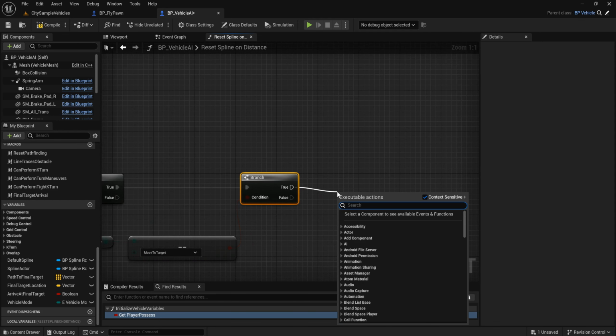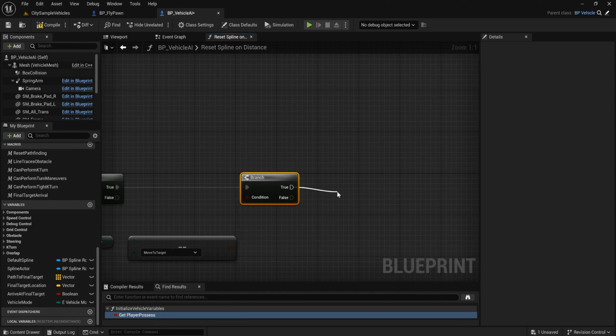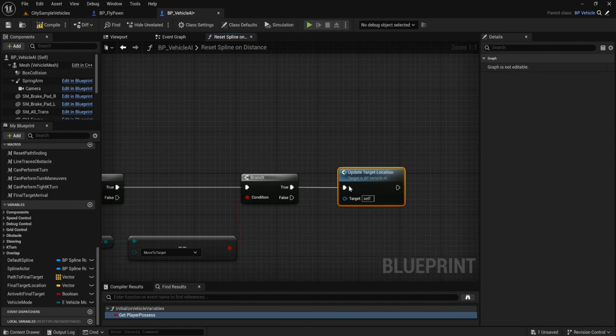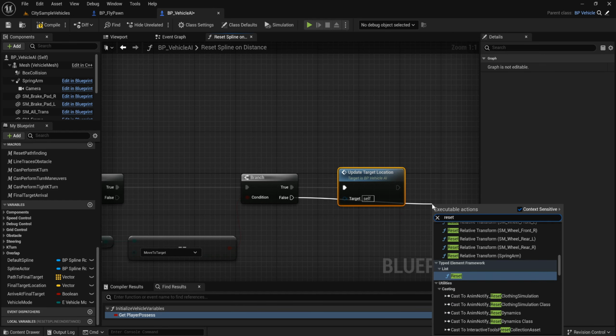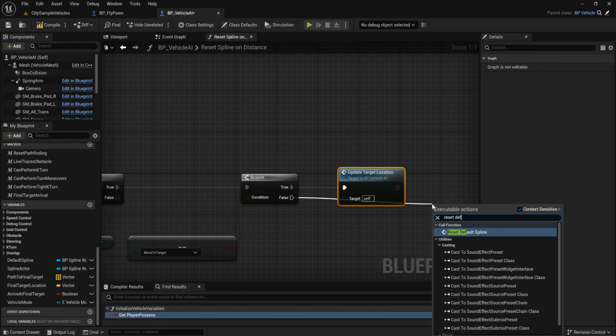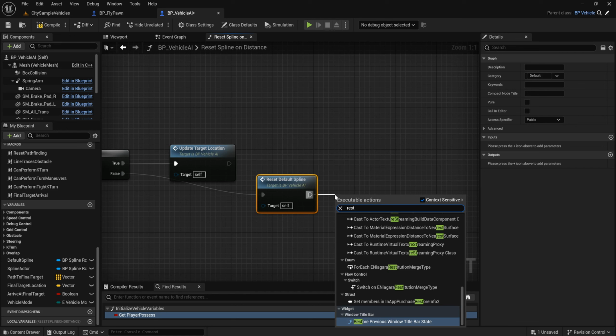If this true, we update target location. If it false, we reset default spline, reset,